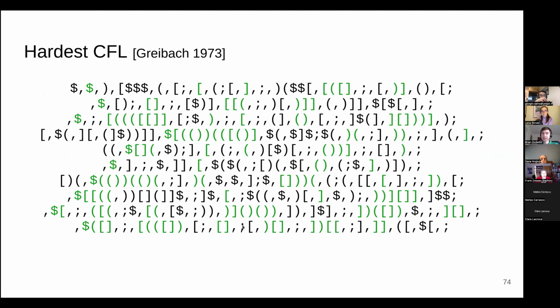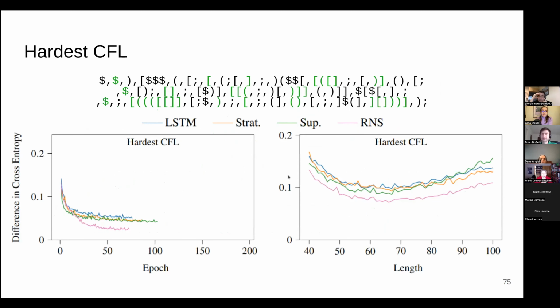And last but not least, we tested a language known as the hardest context-free language, which was presented in a paper by Sheila Greibach. It's the hardest CFL in the sense that an efficient parser for this language is, by construction, an efficient parser for every other CFL. The way it works is by cutting up a string of balanced brackets, which are shown here highlighted in green, and then hiding it within a bunch of decoy strings, like needles in a haystack. And again, we see that our non-deterministic stack works a lot better than the baseline stack RNNs.